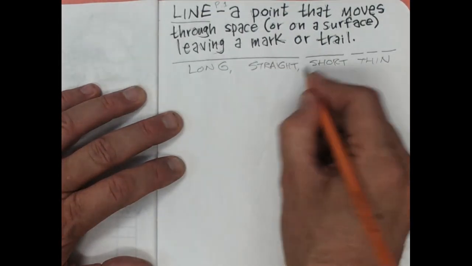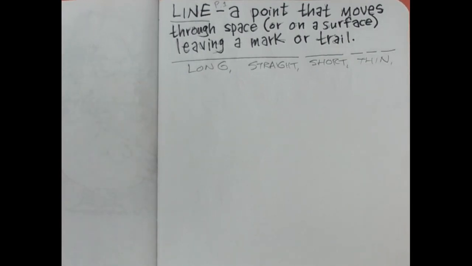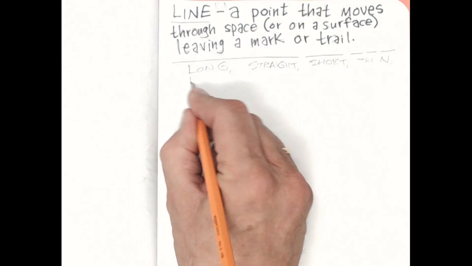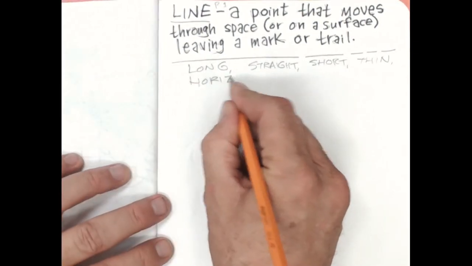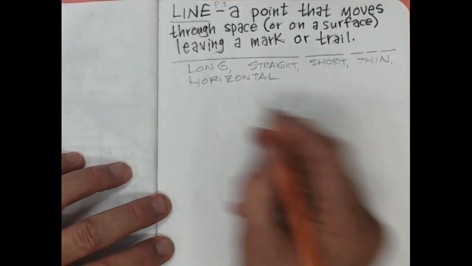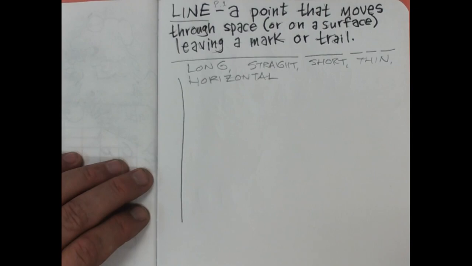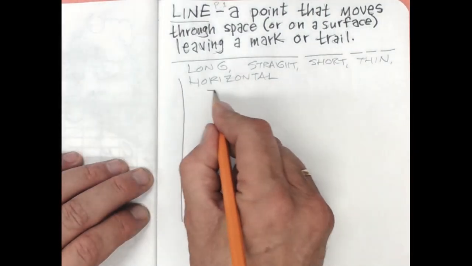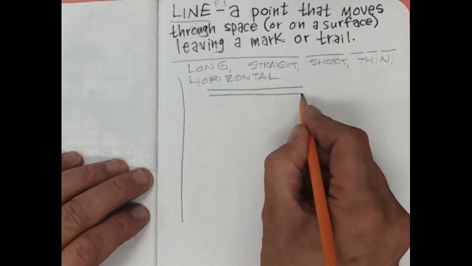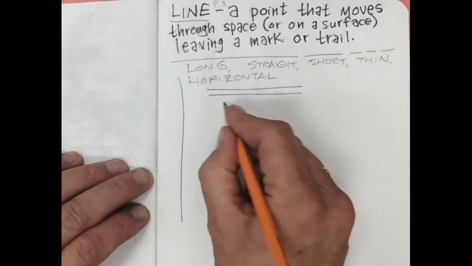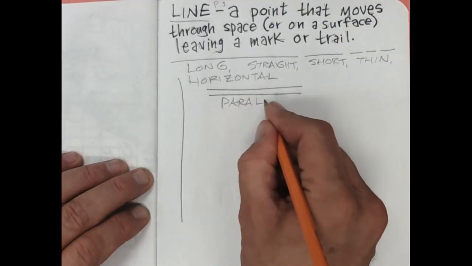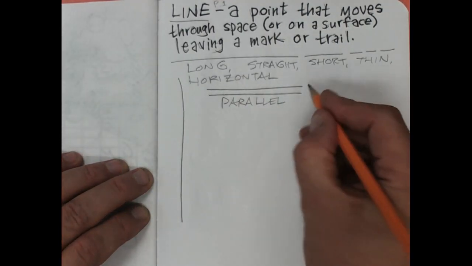These are the types of notes to write into your sketchbook so that when I check your sketchbooks later, I can see that you were following along and taking notes. These lines are also horizontal, as opposed to vertical. The other types of lines are parallel lines. These lines are horizontal and parallel. They're also thin,